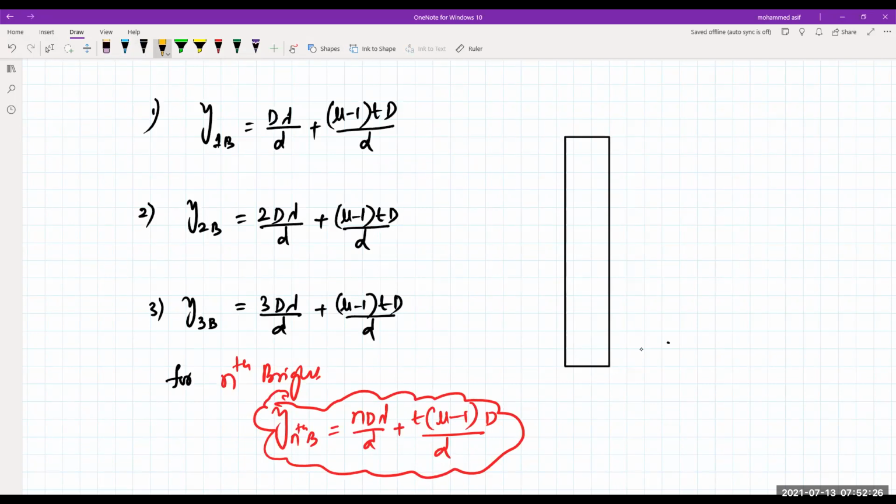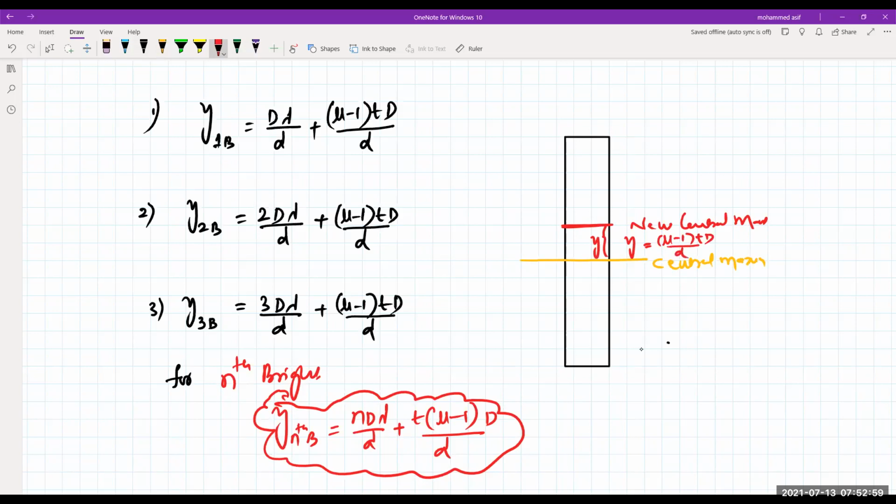We know that at the center we have been getting the central maxima, isn't it? But due to this, it has been shifted. So this is your new central maxima. How much has it been shifted? It has been shifted by y. So this y value is equal to how much? Just now I told you. That is equal to (mu minus 1) into thickness T into capital D divided by small d.